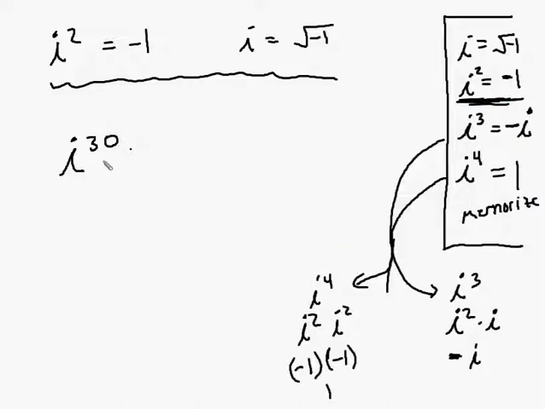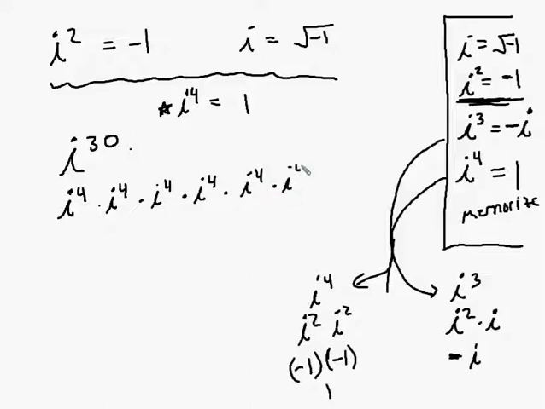So when I'm faced with this i to the 30th, I want to reduce it down to one of these. And the most powerful one to use is actually i to the 4th, because i to the 4th equals 1, so I have a bunch of 1s in here. Here's one way to do it. I could go i to the 4th times i to the 4th times i to the 4th times i to the 4th. Now let's see here. That's 16,